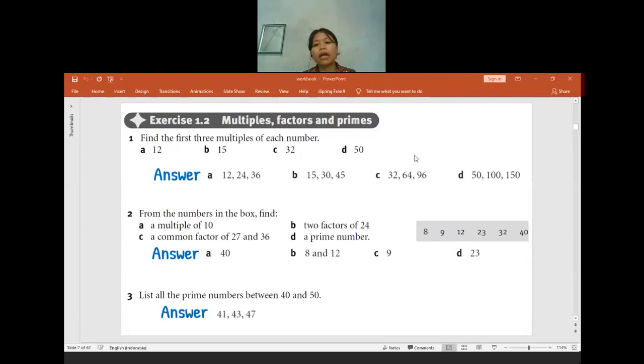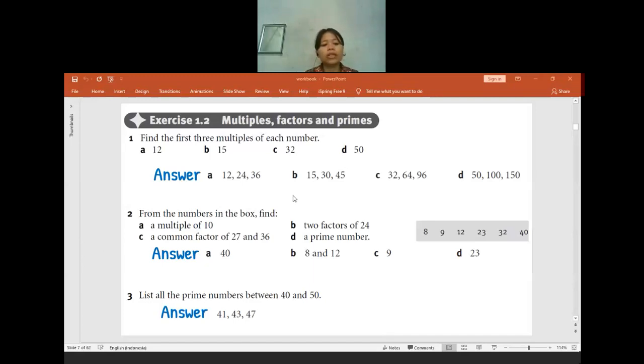Do the same thing for the, yeah, okay. Number 1 is not the homework, so I will just display the answer. If you think there is anything confusing from question 1, you can feel free to ask me. I will just display all the answers. I know the homework is only number 2, 4, 5, 6, 8, 9, and 12. I know that, but I will just discuss all the numbers. If you think anything is confusing from any number, feel free to ask me. Do not stay quiet. Okay.